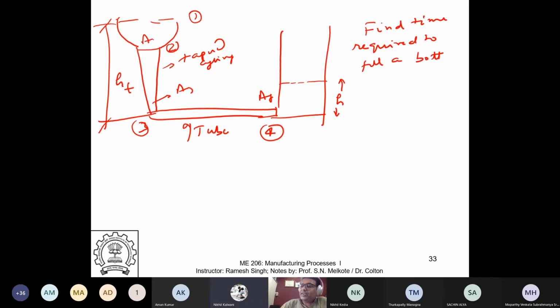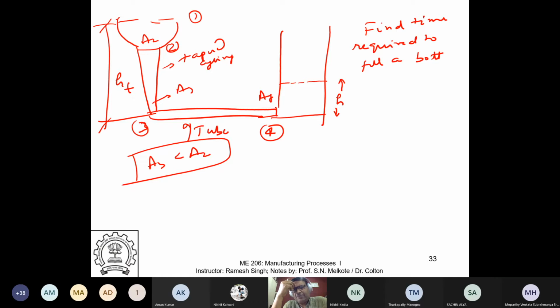So I have A2 and A3. So my A3 should be less than A2. What is your question? If I make it greater than A2? No, no. A3 here is the expected sprue thickness, right? There's no thickness here, it's diameter. Yes, diameter exactly. So what will happen if we decrease A3? You can decrease A3. It's okay.